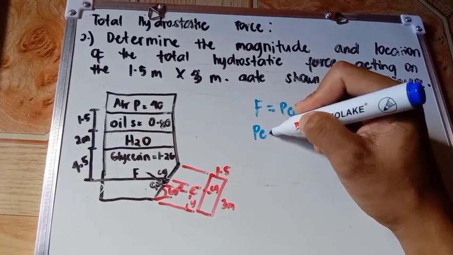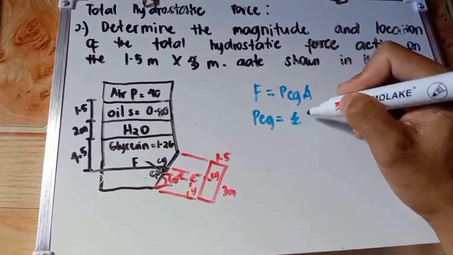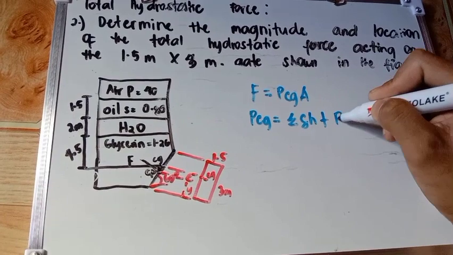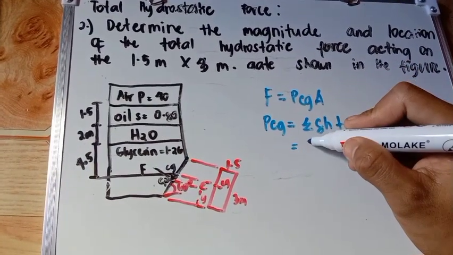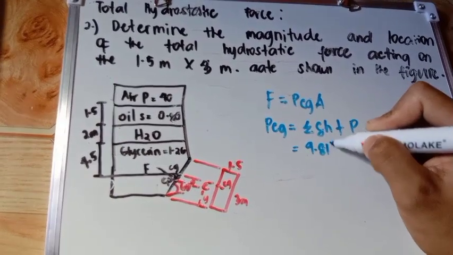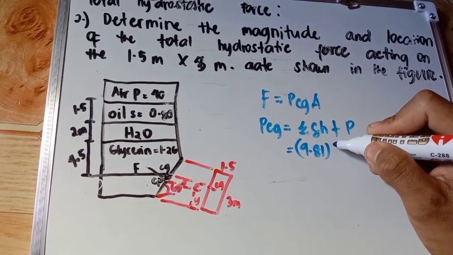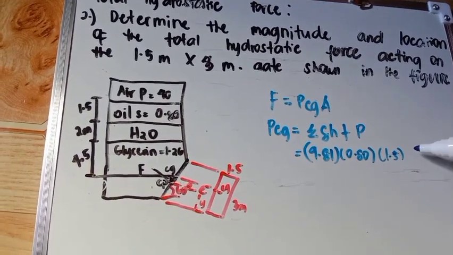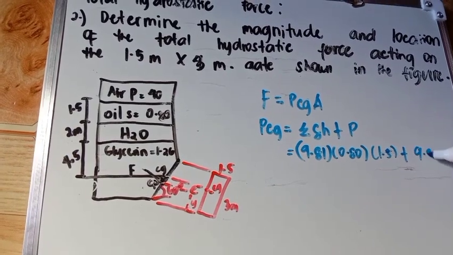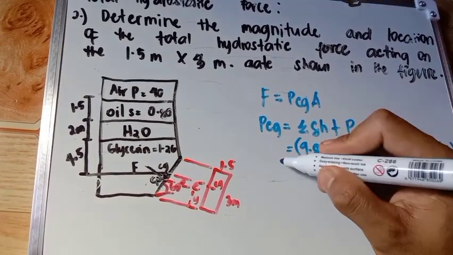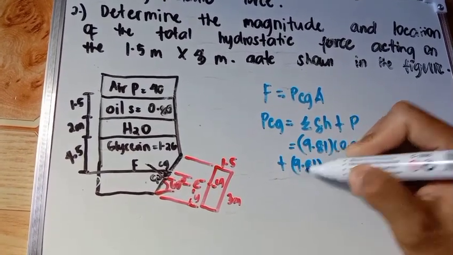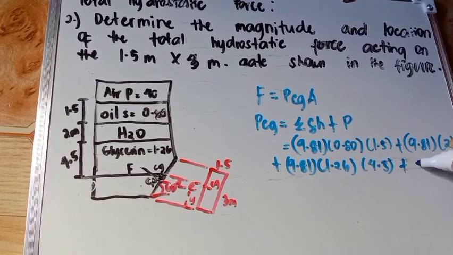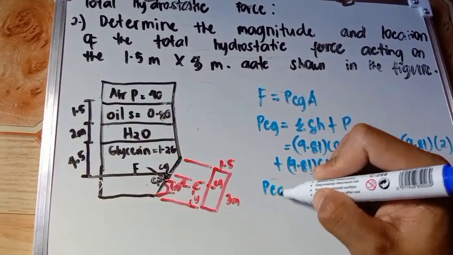So PCG is equals to summation of unit weight times height plus yung air pressure, which is the P. So 9.81 times specific gravity sa oil, which is 0.80 times the height, which is 1.5, plus 9.81 times 2 plus 9.81 times 1.26 times 4.5 plus yung pressure niya, which is 40. So our PCG is equals to